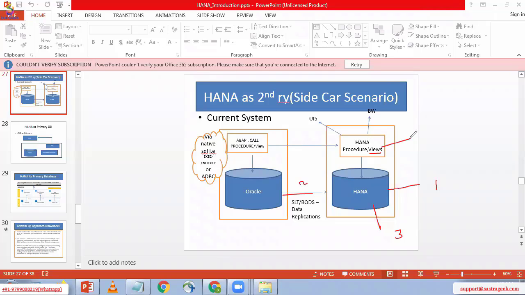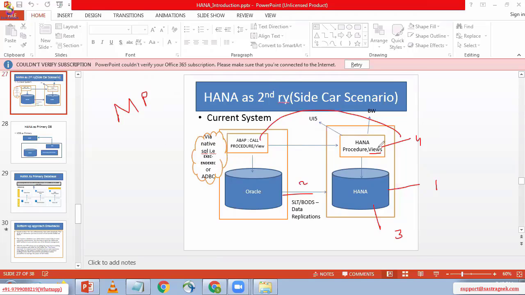Then we created the view, and then using the ADBC connection, our ABAP application calls it. This is the complete migration process. If you work in a migration project, 100% every day you need to follow this process.